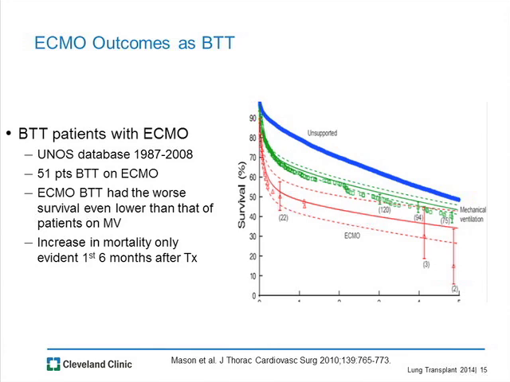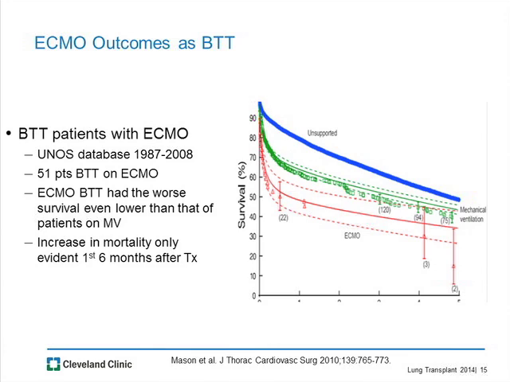There is data from the Cleveland Clinic from David Mason and his group that looked at survival outcomes in bridging patients to transplantation with ECMO versus patients that were on mechanical ventilation, as you can see in the slide here. Patients in this graph who are unsupported and went into transplantation without mechanical ventilation or ECMO is depicted by the blue line and has the best survival. Following behind that blue line is a green line that represents patients that were on mechanical ventilation that were transplanted and their survival. And the red line subsequently is patients that were on ECMO support and subsequently went to transplant